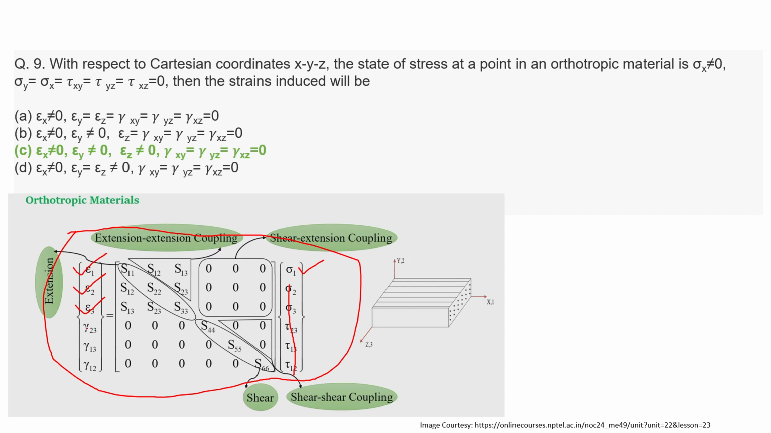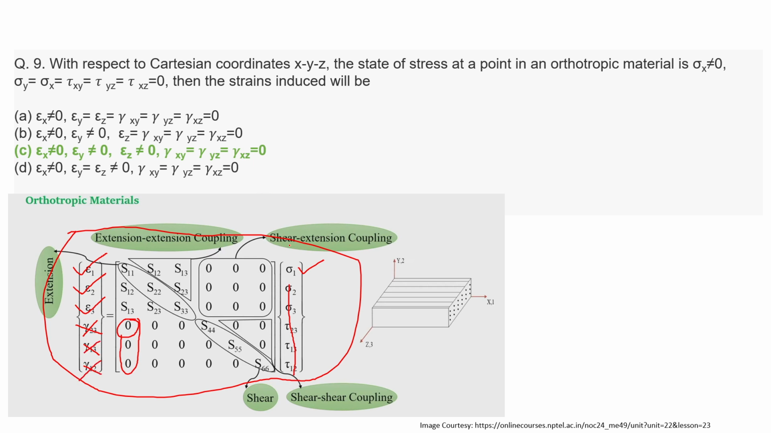Now comes shear strain in the 2, 3 direction. Here the coefficient is equal to 0, so there will be no relation between these two, as the independent constant is equal to 0. So this value will be equal to 0. Similarly, as all these coefficients are 0, the shear strain in all the directions will be